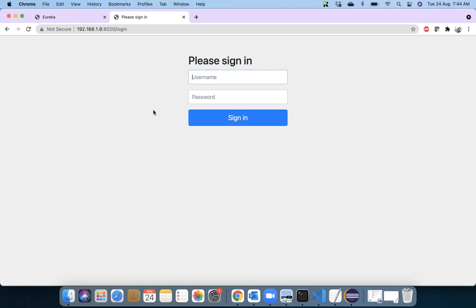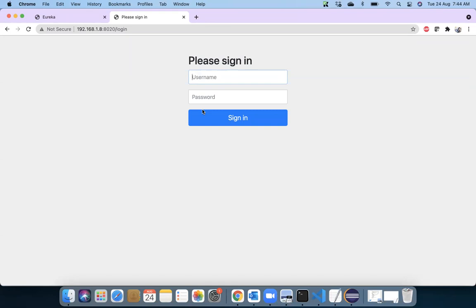If you're able to see it, you might be thinking, what would be the username and password? See, this form is automatically created for you because every single URL inside your Spring REST is automatically protected from any unauthorized access by Spring Security the moment you add Spring Security as a dependency there.